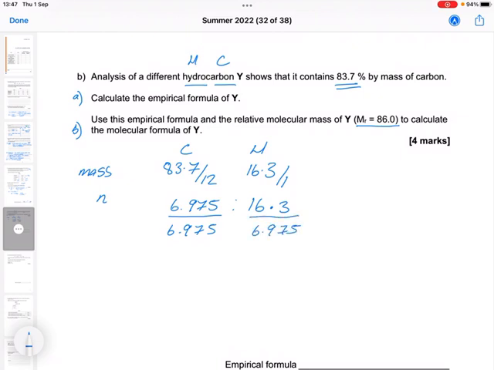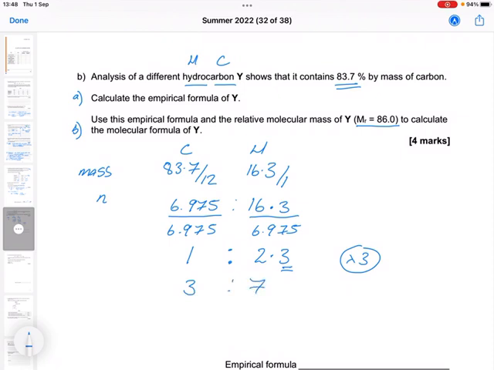You can see this is going to be 1, and as I look at my calculator here, this is going to be 2.3. Now, here's the key bit. When you've got 0.3s or 0.6s, that's when you've got thirds. So what I need to do here is multiply all of this through by 3, which gives me a 3